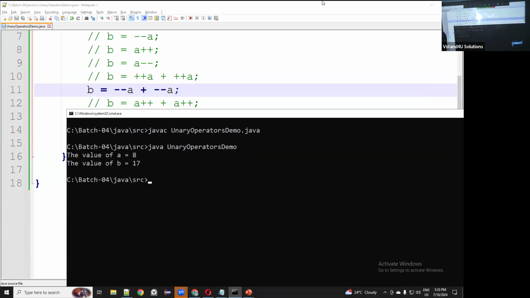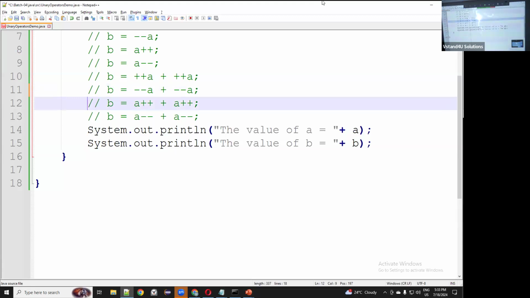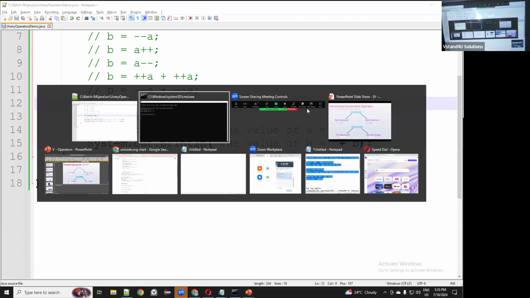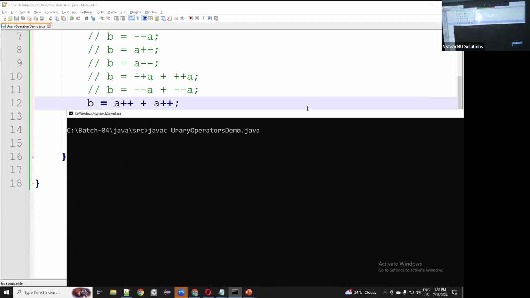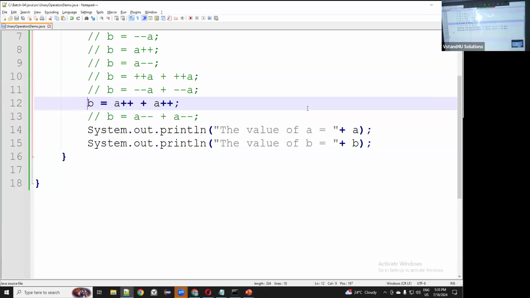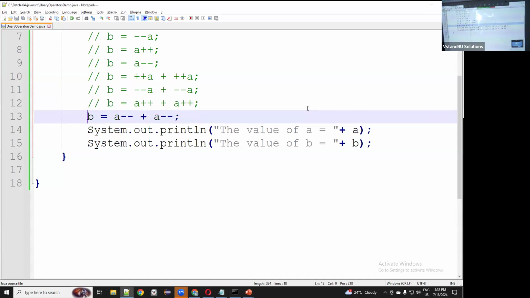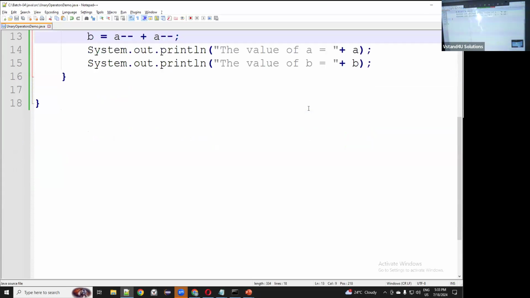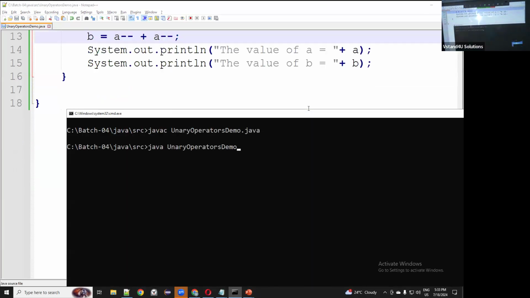If that is the case, what do I say about this one? Post incrementation. A value is, B value 12 and 21. Am I right? Okay, sir. How about this one? Post decrementation, 8 and 19. Done? Absolutely clear. No confusion at all. In that case, shall I add a little more? Are you ready? Pakka? Chaliye.